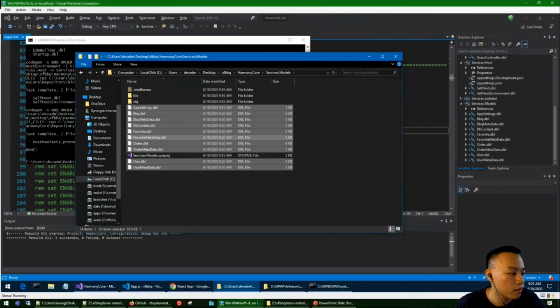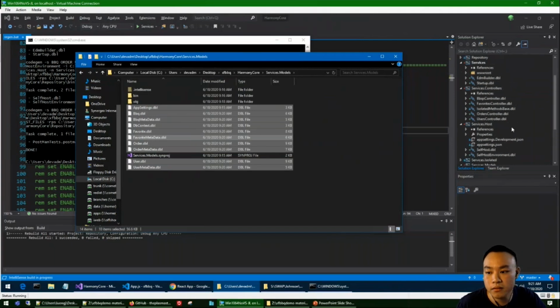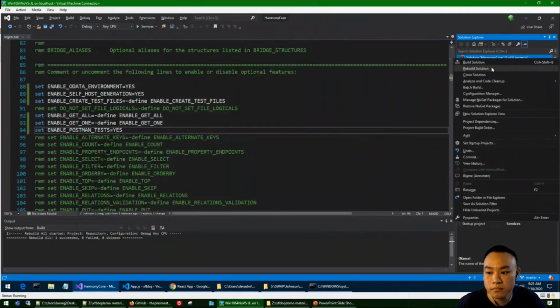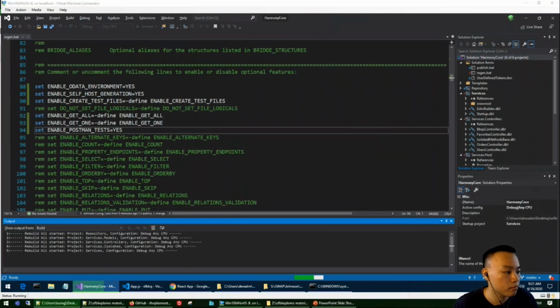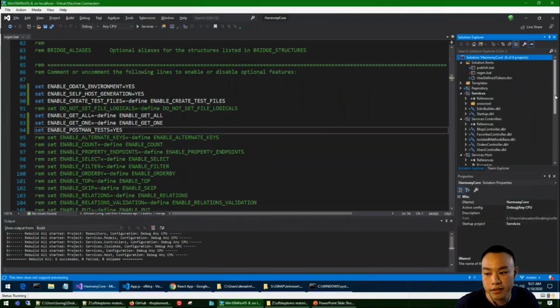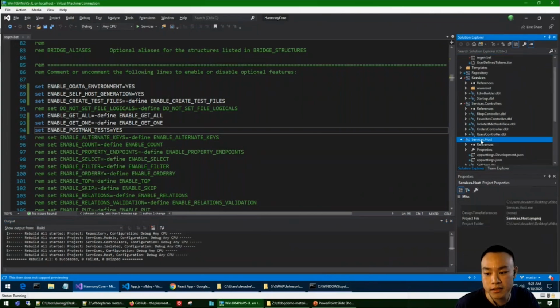Okay. I'm going to rebuild everything. Everything's going to build just fine. In order for this to run, I need to set services.host as a startup project.